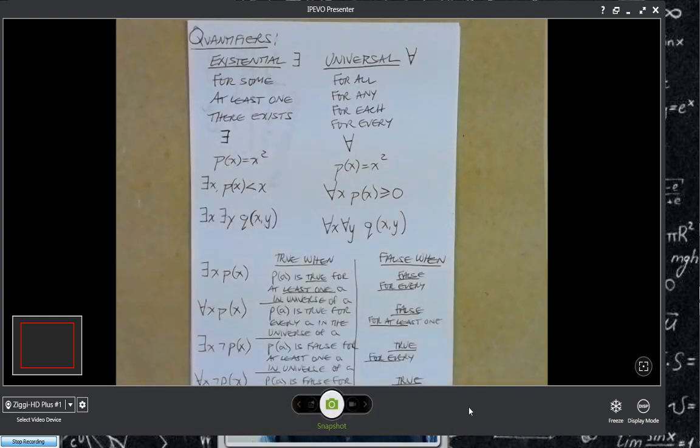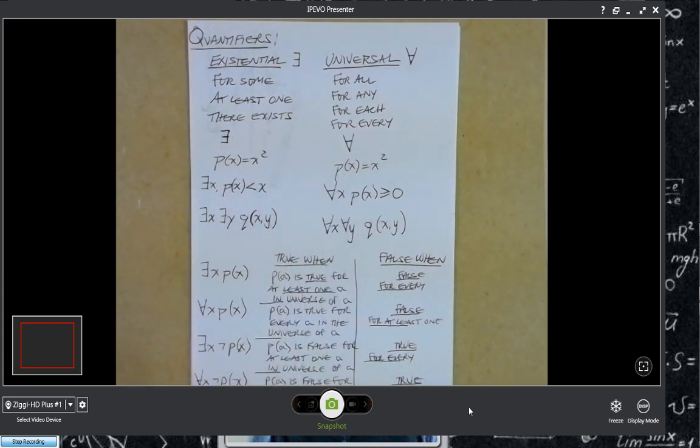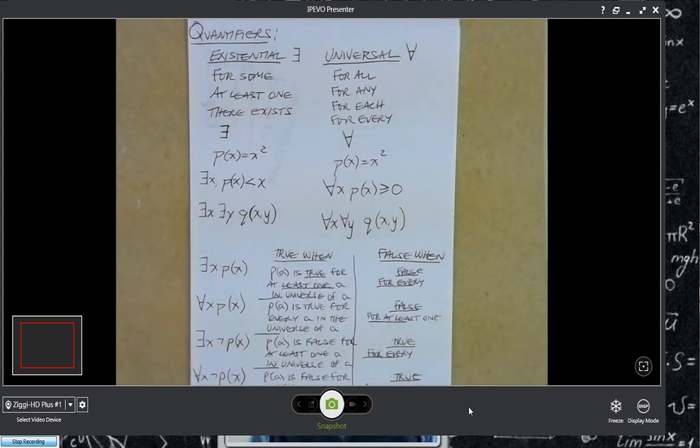This is what we were talking about on Monday. We were talking about quantifiers. I went over all of this. I remember those of you that were with us, we had the existential quantifiers and the universal quantifiers, and those were indicated by the backwards E for existential and the upside down A for universal. You think of the word all, the upside down A, and we saw how those